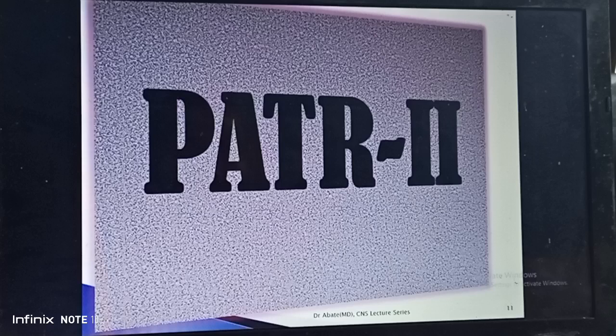So in today's session, we'll try to see the important clinical features and the symptoms as well as the